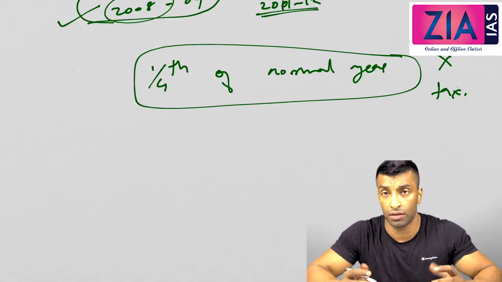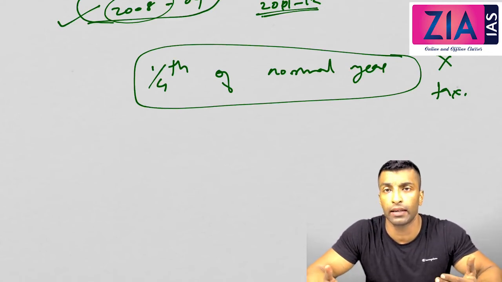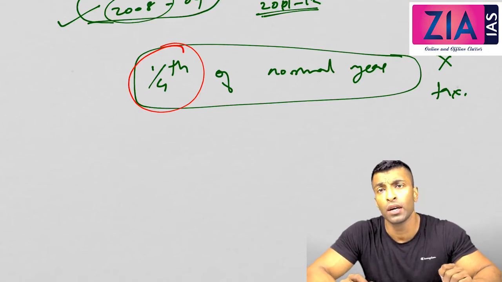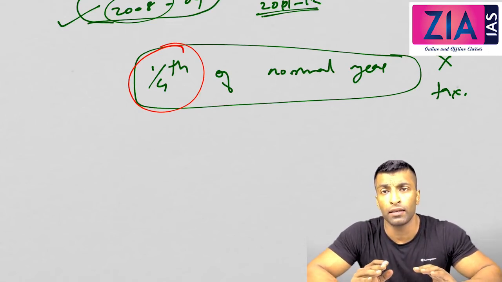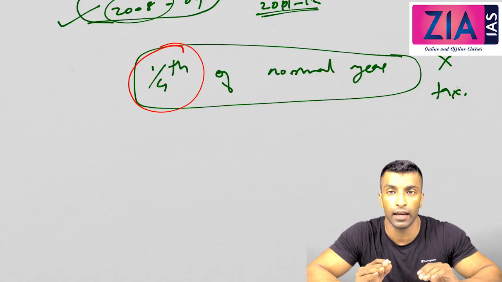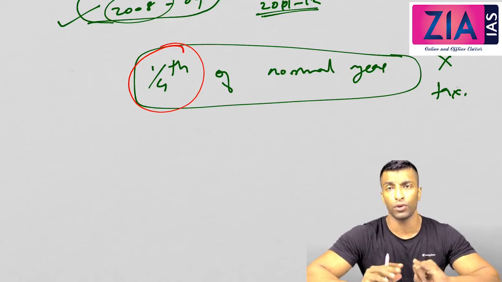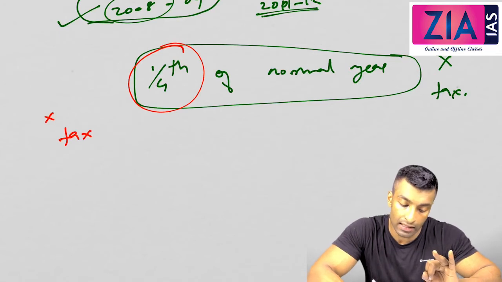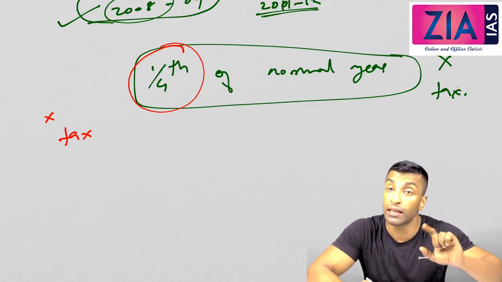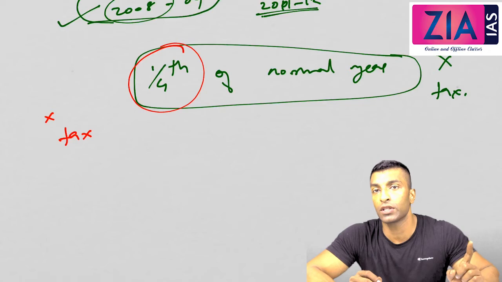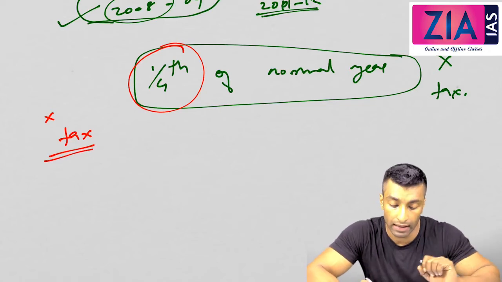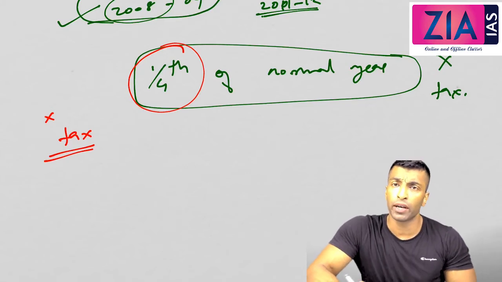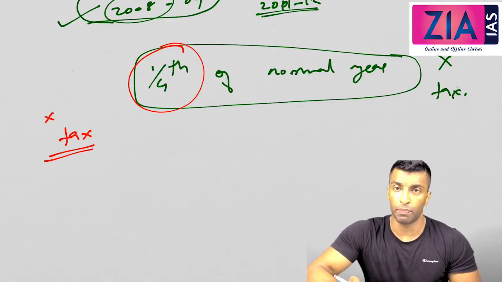Now what happened is the British started collecting taxes even in case the production was less than 1 by 4th. Then Gandhi argued that you should not pay taxes in this case. If your production is less than 1 by 4th, you should refrain from paying taxes. Here also Gandhi is saying not to pay tax, just like before, and the government appointed a committee under the pressure.